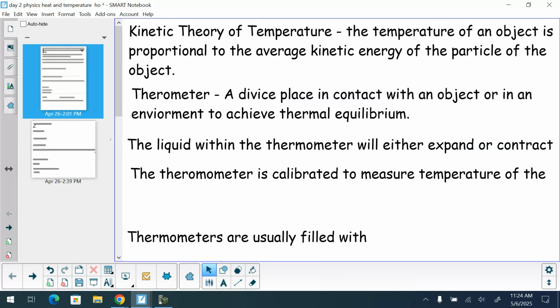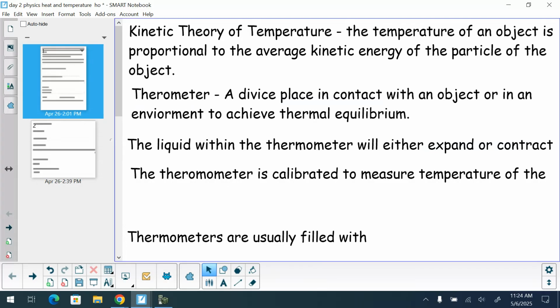What is occurring there is the thermometer is achieving a thermal equilibrium with the area underneath your tongue, which is a good indicator of the temperature of your body. If you want to not have a temperature, drink a glass of cold water first, and then put the thermometer in your mouth. You won't have a temperature. It will be below normal. So if you want to play the trick.